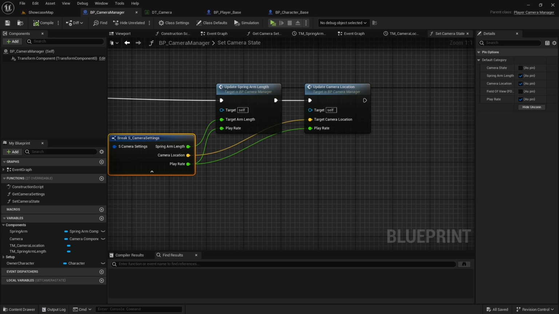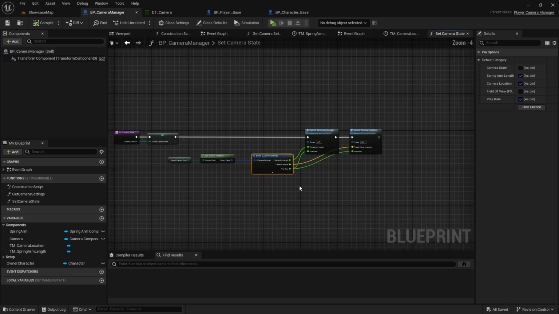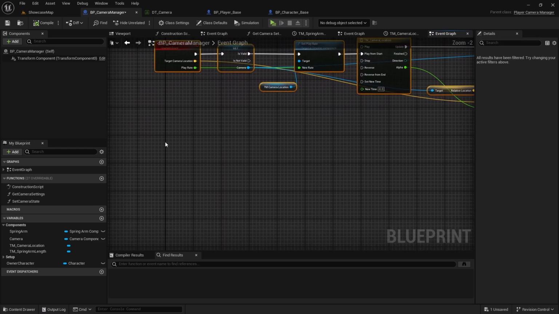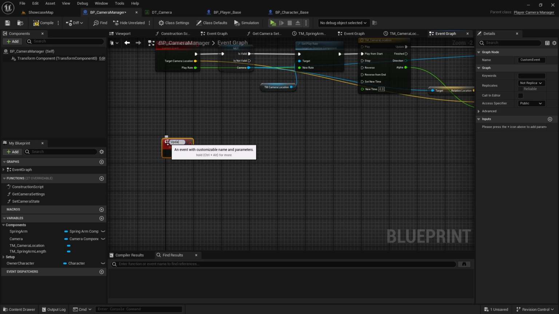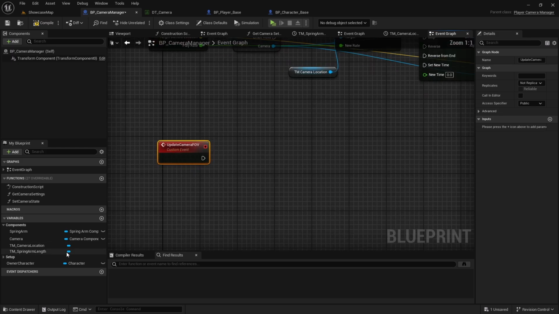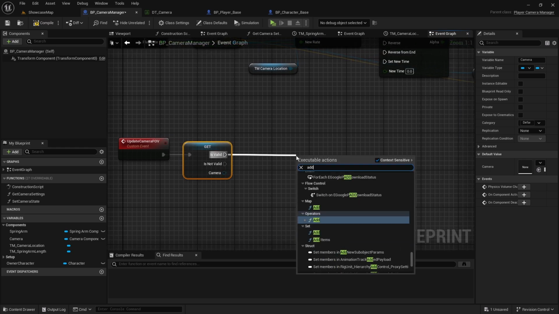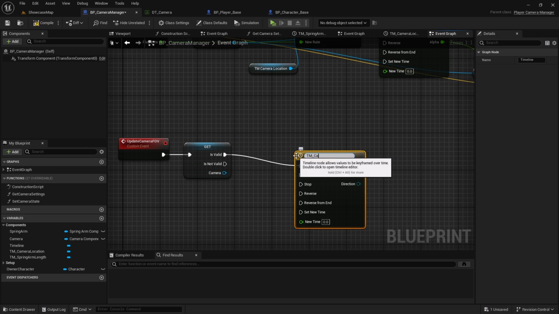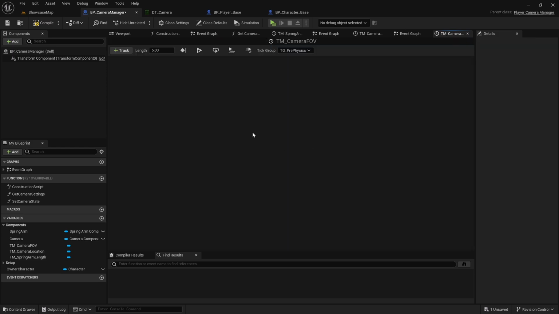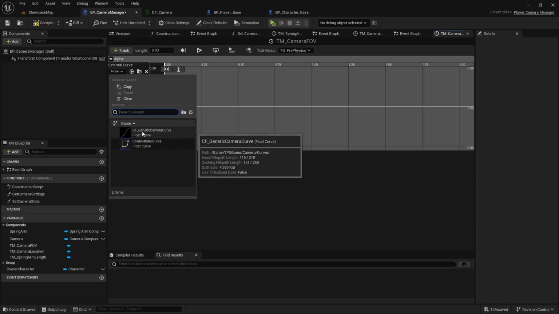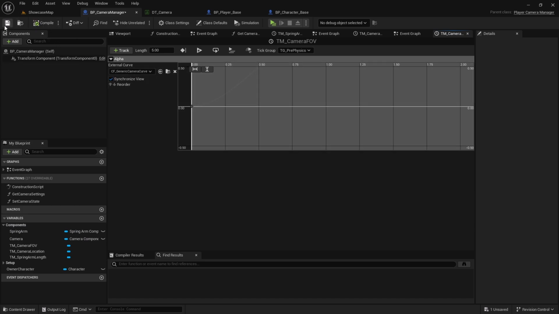So let's go to the camera manager, and there let's create a new event somewhat similar to these two, right? So I'll create a new event called update camera field of view, FOV, right? So let's get the camera reference converted to a validated get, and then if it is valid I'm going to add a timeline which is TM camera FOV, and as the timeline let's add a float track which returns the alpha value, and I'll use the external curve CF generic camera curve, which is the same curve that we used in both update location and update spring arm length, right? Compile and save,